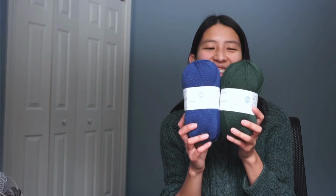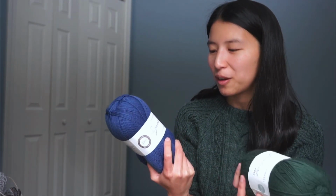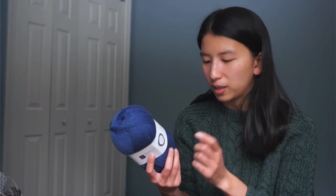I chose, very on brand, some sock yarn in blue and green. This is West Yorkshire Spinners Signature 4-ply yarn, which it says is perfect for socks. It's 25% nylon, 75% wool, and it also says it contains 35% Bluefaced Leicester, so they're quite soft. And I was actually looking for non-superwash yarn because I kind of wanted to try making socks out of